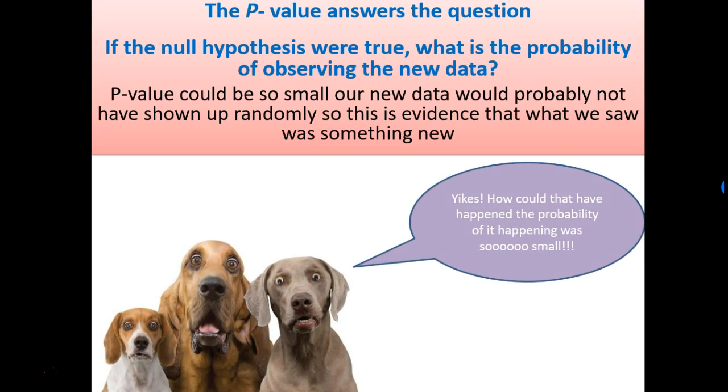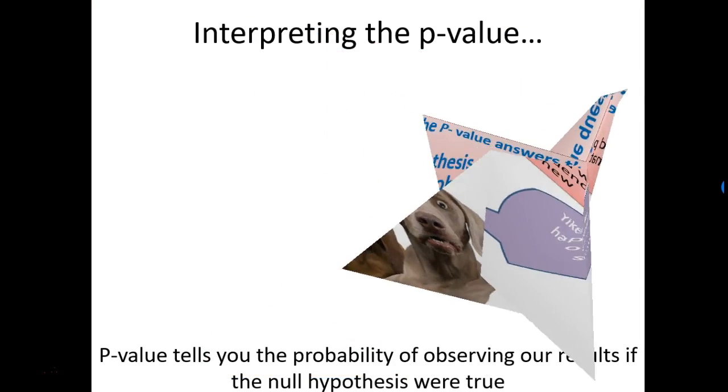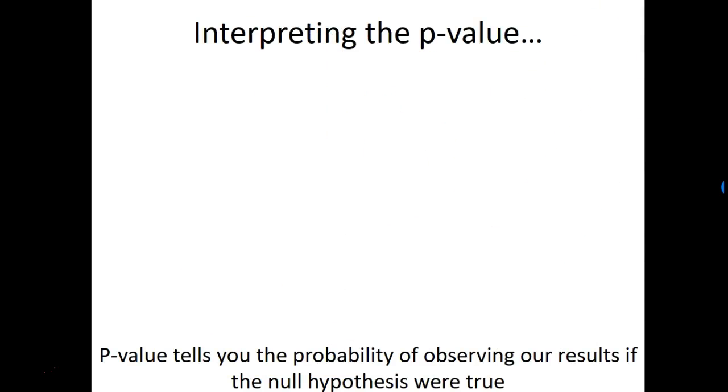We'll say, oh my God, yikes, how could that have happened? The probability of it happening was so small that, oh my God, this must not be the status quo anymore. We must be dealing with a whole new situation. What we really have is good new machinery working well. Okay, so we're looking for that small p-value, and we're interpreting it based on what we think of as like